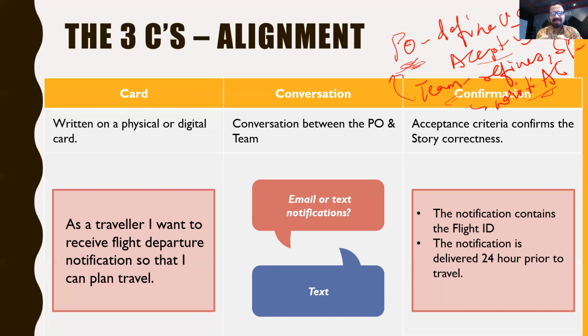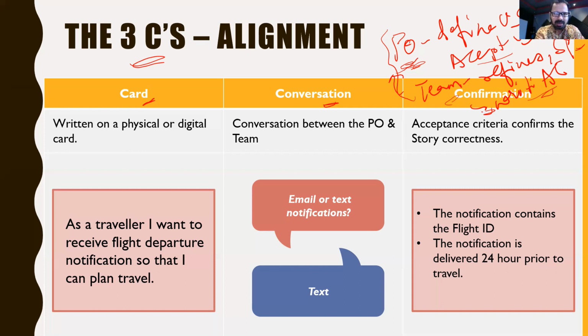So if you look at, there should be some kind of a collaboration, right? And PO is such a type of role which is integral to the agile team. So it means that the product owner must, day in day out, be closely working with the agile team in terms of providing them the clarification, what are the requirements or what are the user stories, and he is like the face of the customer for the team. Now let us try to solve this by using the 3C's concept. The 3C's stand for card, conversation and confirmation.